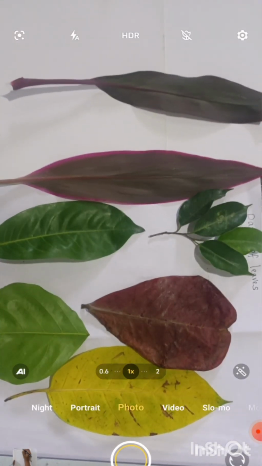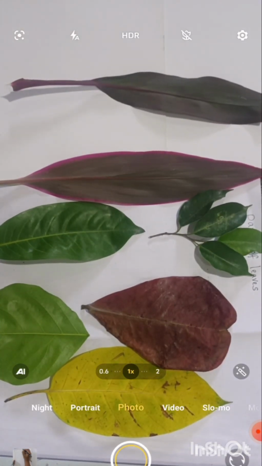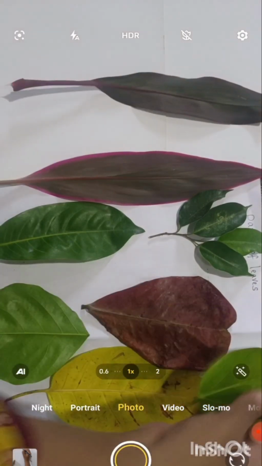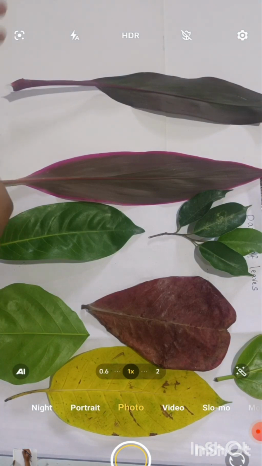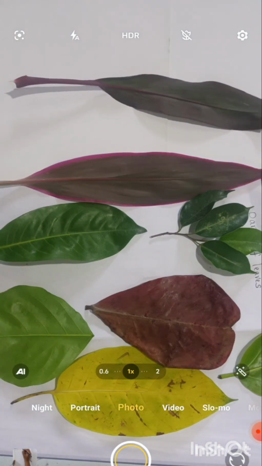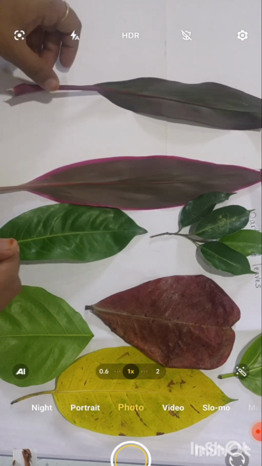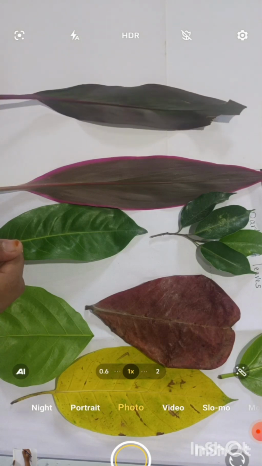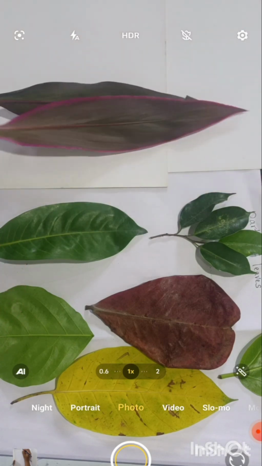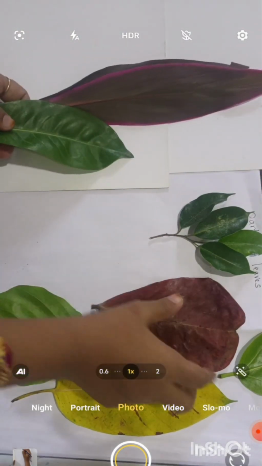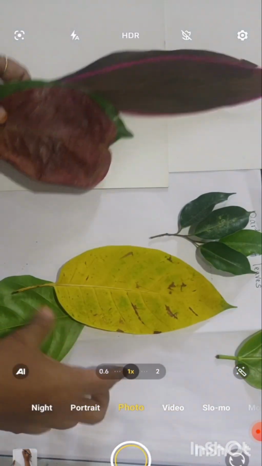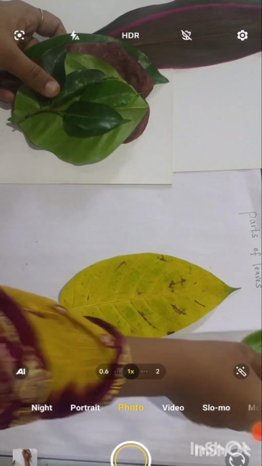Some leaves are having different types of margin, leaf margin. Some are having different types of apex. So first, before understanding the types of leaves based on different criteria, first we need to understand what are the parts of leaves. So today I'll be explaining you parts of leaves. So I'll take any one leaf out of them. Suppose if I'm taking this leaf, so what I'll be doing,